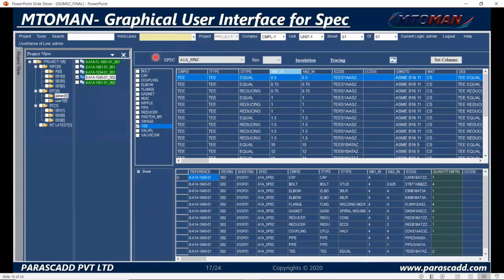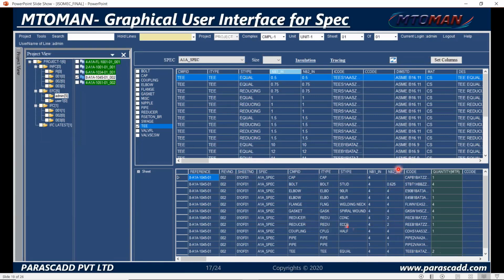So the main UI, this is the spec that I have selected. We have the different size options that you can select. And over here are the items that you can use from the spec, like this data on the upper hand is A1A spec data. So all the items which are present in spec are available over here. Simply check, like over here, I have selected a T and all the T data is available over here. So one by one, select, right click and add to the line spec. And this way you can include all the items like over here, cap, bolt, elbow to your particular line ID.